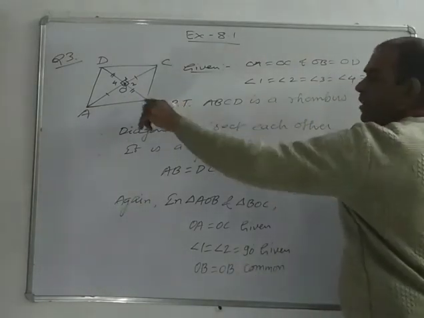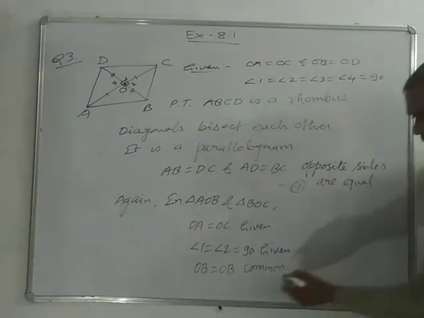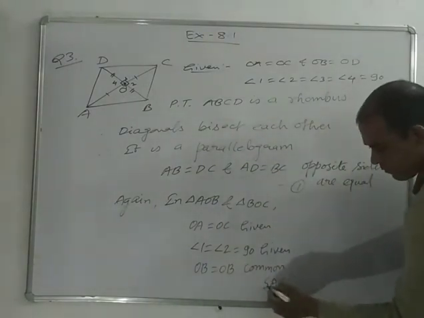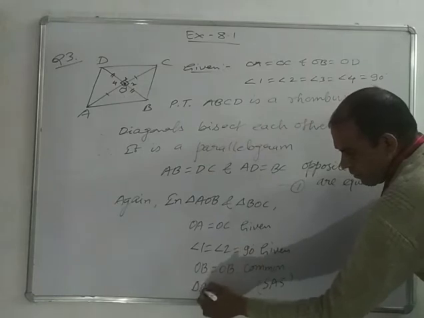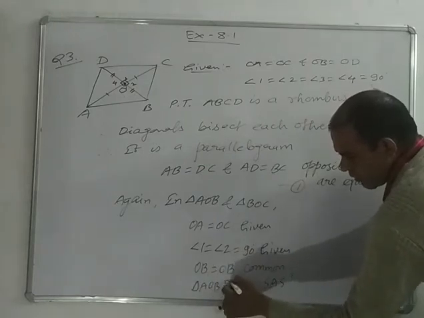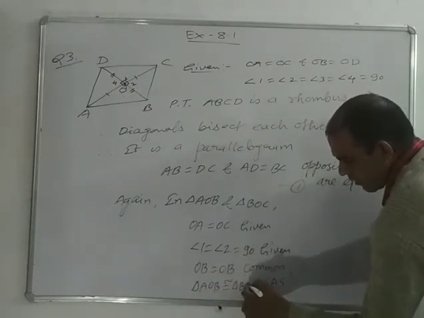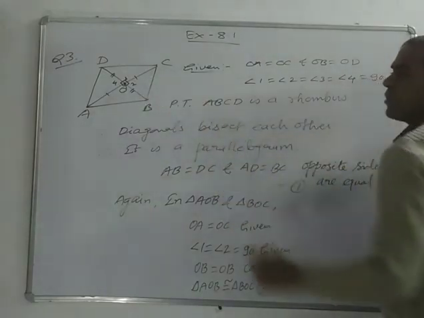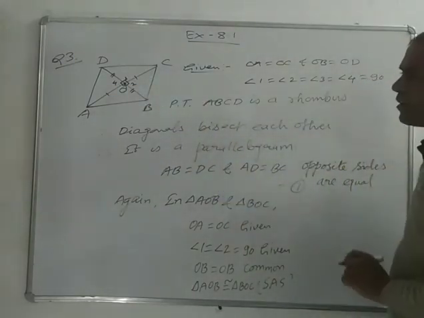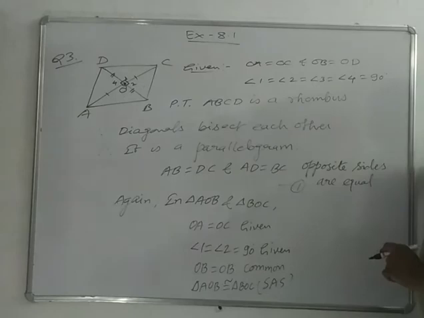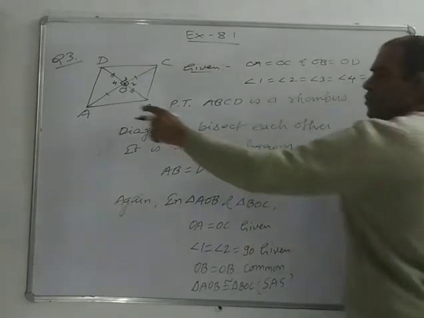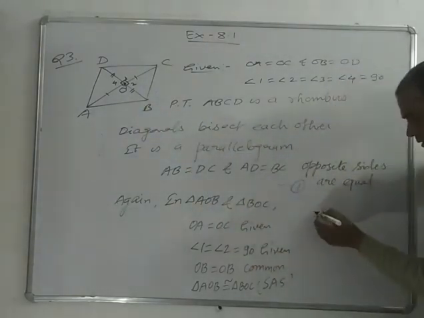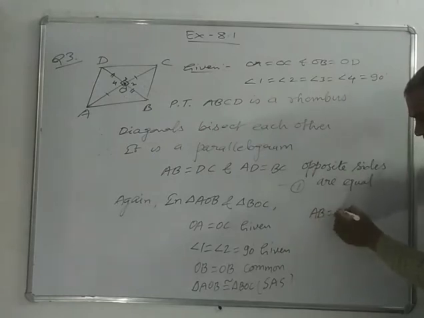So side angle side, triangle AOB is congruent to triangle BOC. And these triangles are congruent, so AB equal to BC. Reason: